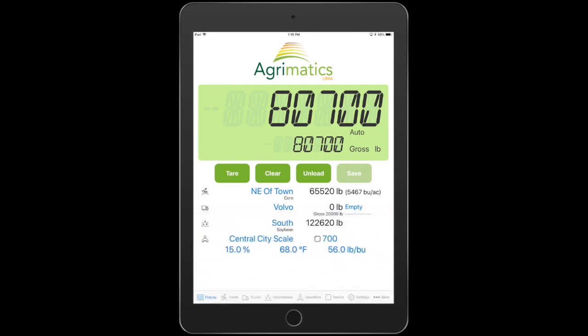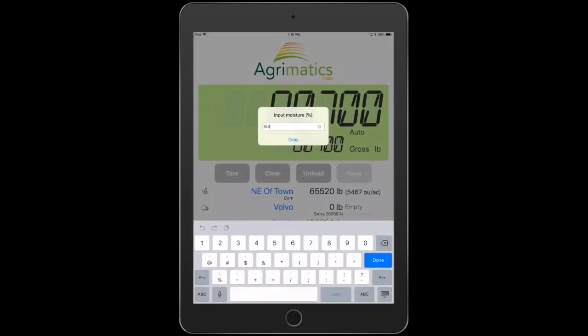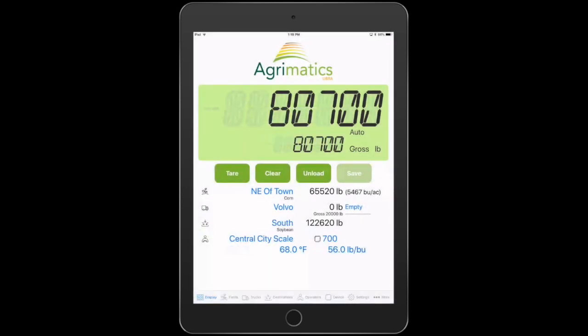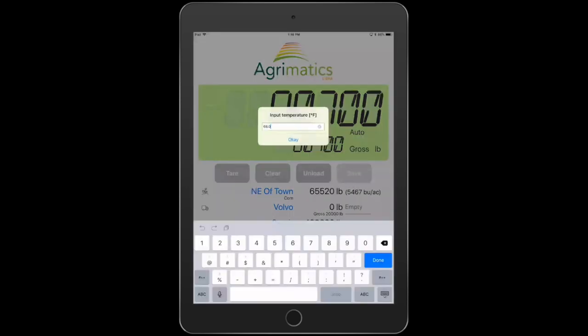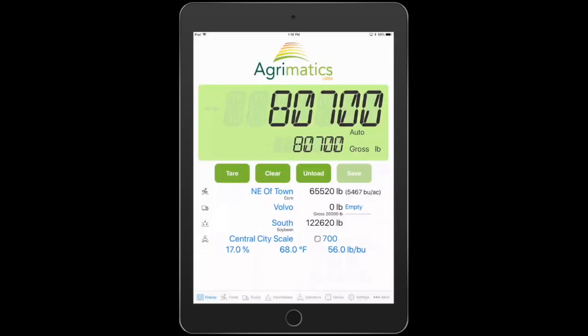Go done. If I want to change the operator, I only have one operator in there, but that's how you would do it, just tapping on it. Change the moisture. Hit OK. Change the temperature. Okay. So we're going to change that, which I don't see why you would if it's on corn right now. So, and then if you have, let's get some weight in there as far as the